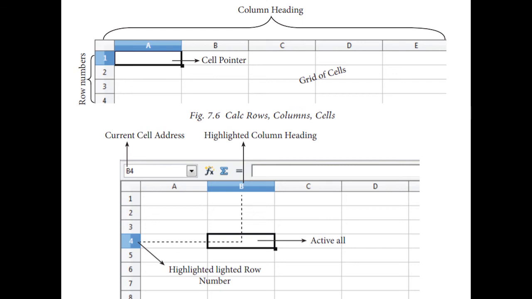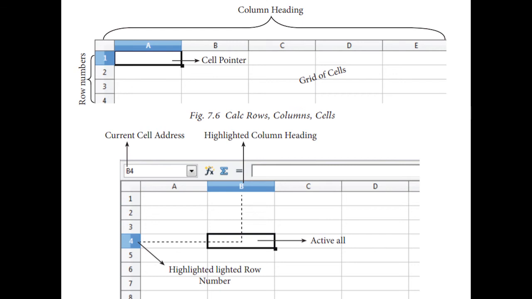Next one is the cell pointer. Every cell will have a cell address that is unique, and next we'll be seeing about the cell pointer. The cell pointer is a rectangular box which can be moved around the worksheet. The cell in which the cell pointer is currently available is known as the active cell. When you type any content, it will appear in that active cell.